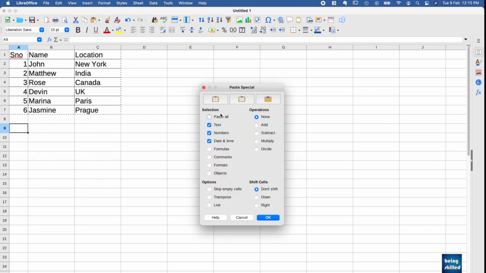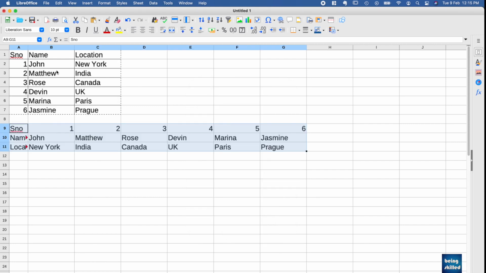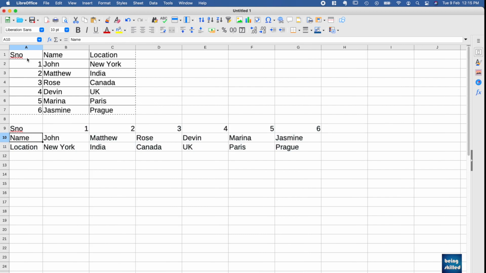And here we will see multiple options. So what we can do is we can just select transpose and click on OK, and the table will be transposed. So column 1 becomes row 1, column 2 becomes row 2, and column 3 becomes row 3. And you can also do that from here